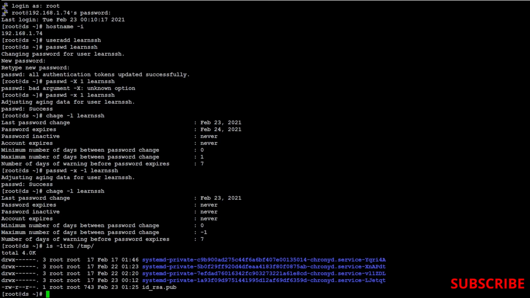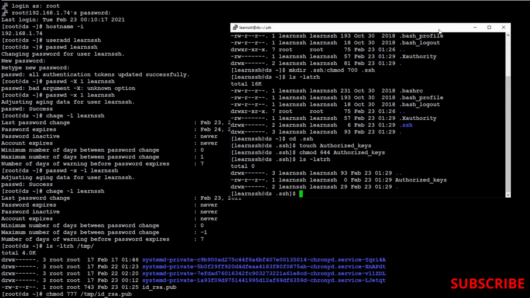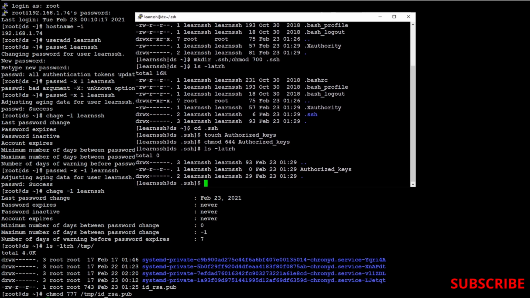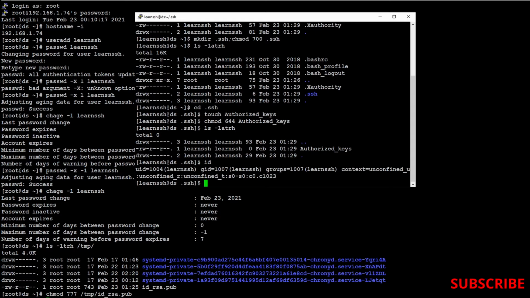So what we can do is chmod 777 and then temp id_rsa. We'll change the permission so that anyone can read. Okay, now this is the same machine with the learn SSH user.